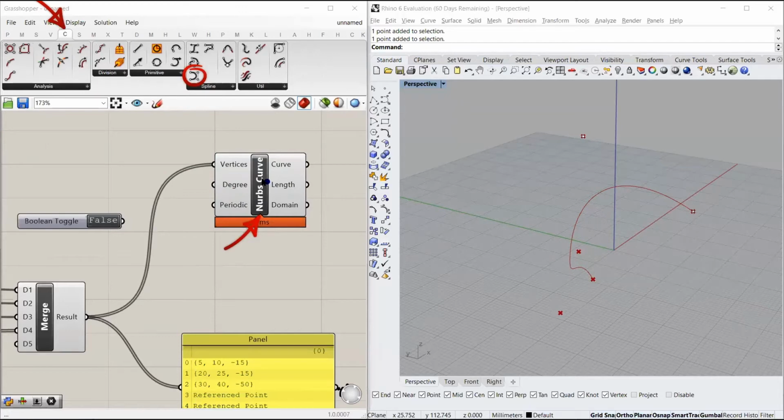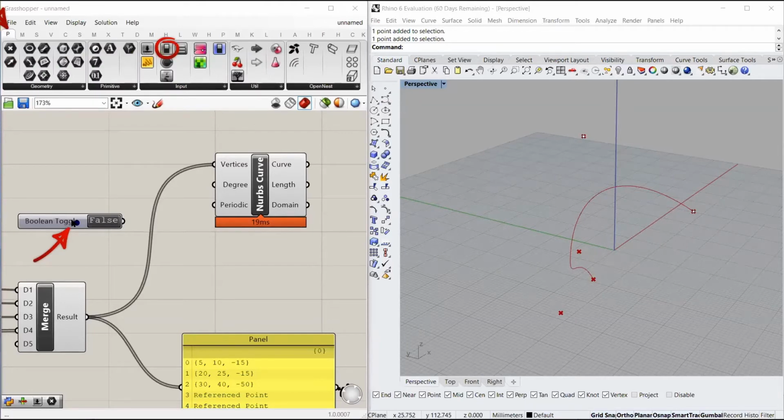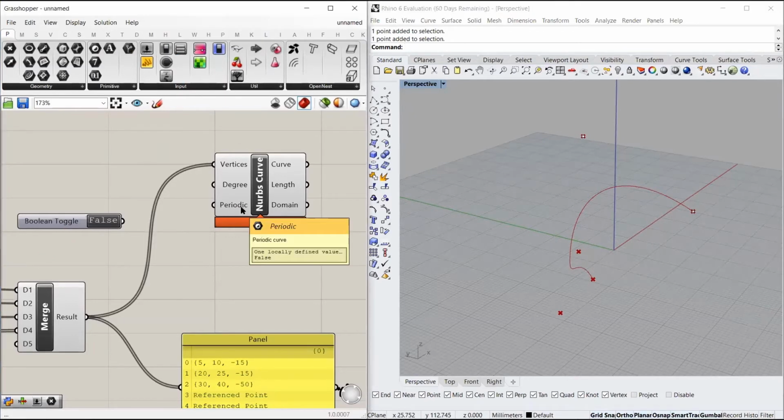So it shows the NURBS curve option is available in the curve component, a curve tab in the spline toolbar, and there's a component whose symbol is something like this, which is for NURBS curve. So Boolean toggle can be found using Control Alt and selecting this, and it's in the params tab, input component, and that is the icon for Boolean toggle. So by default now it's set to false.